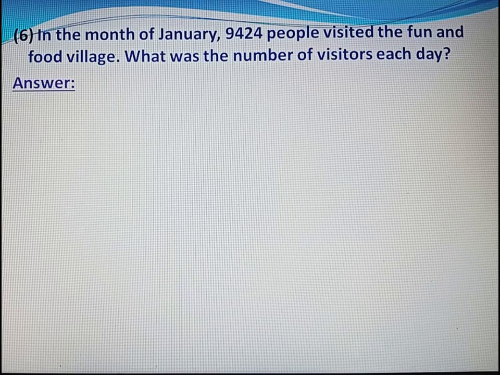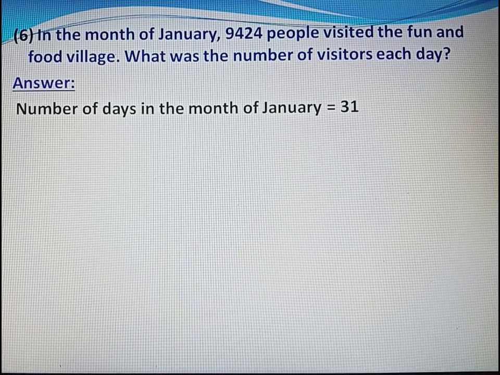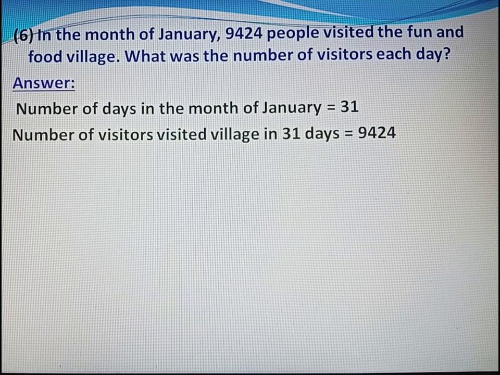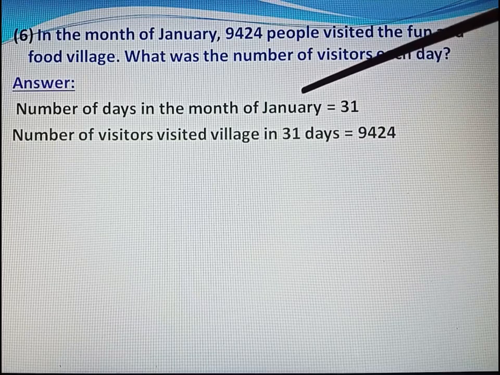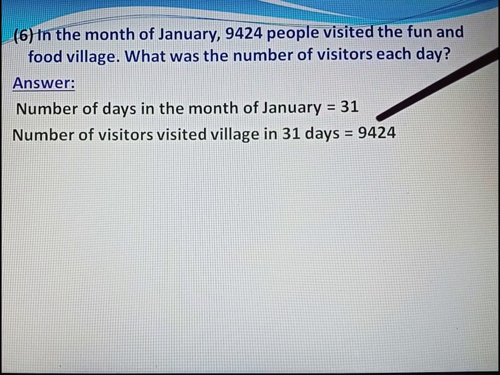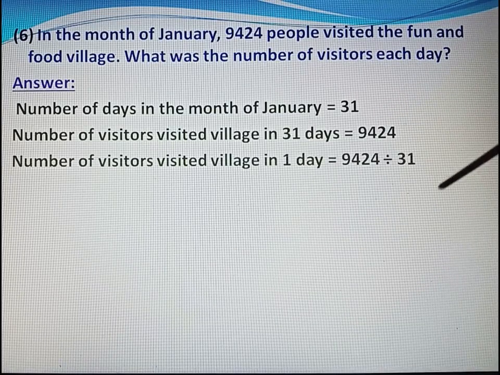आंसर फर्स्ट वी विल राइट स्टेटमेंट. सी, नंबर ऑफ डेज इन द मंथ ऑफ जनवरी इक्वल 31 डेज. जनवरी मंथ में कितने डेज होते हैं? 31 डेज. सो नंबर ऑफ विजिटर्स विजिटेड विलेज इन 31 डेज। 31 डेज हमने कैलकुलेट किया क्योंकि जनवरी में 31 डेज है। सो नंबर ऑफ विजिटर्स विजिटेड विलेज इन 31 डेज इक्वल 9424।